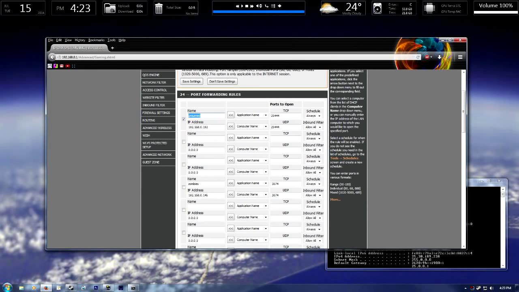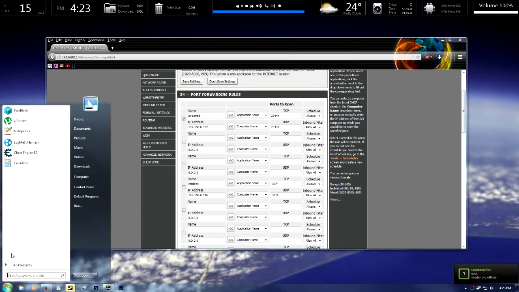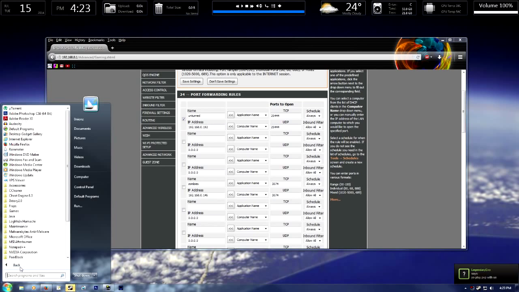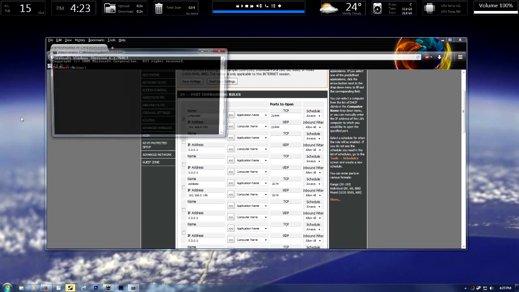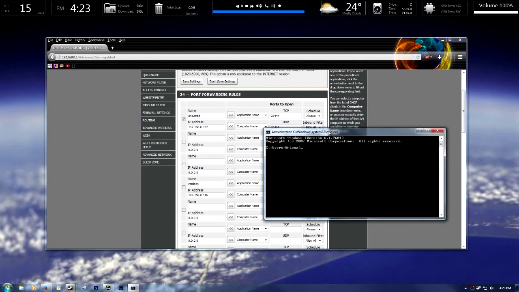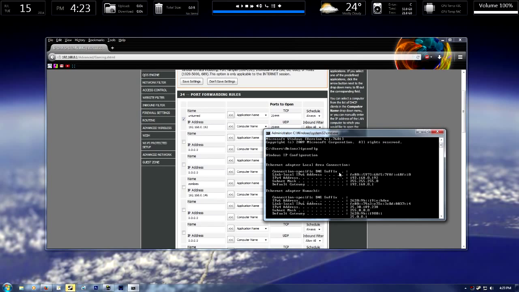All you have to do is give your port forward a name, which is Unturned, and you need to know your local IP for your PC. To do that, all you have to do is type in CMD into your program list, and it will open up the command prompt. And in here, you type in ipconfig, and it will give you the IPv4 address for your computer. And mine is